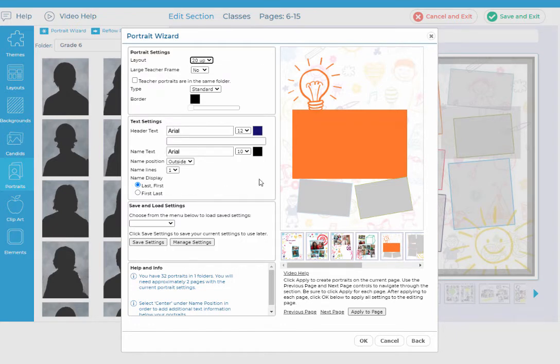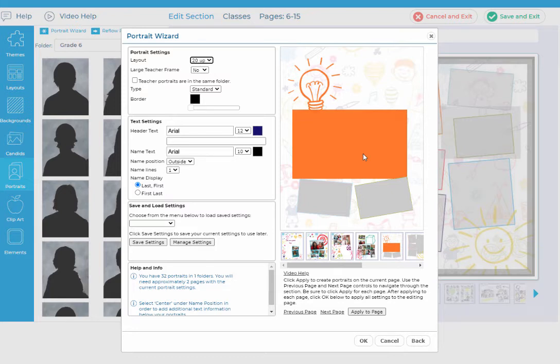And it's a really cool way to just save them so you can recreate identical portrait pages in other sections of the book, even next year and the next year and the year after that. So all this stuff stays with the software over time. Okay, so now what I've got over on the right is a preview of the current page that I'm on in